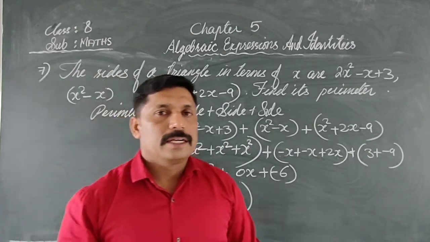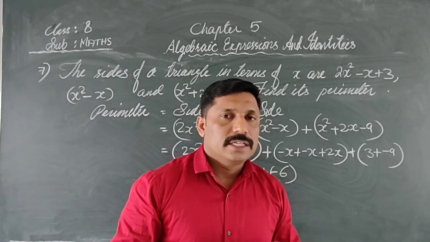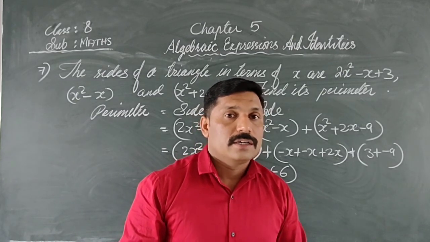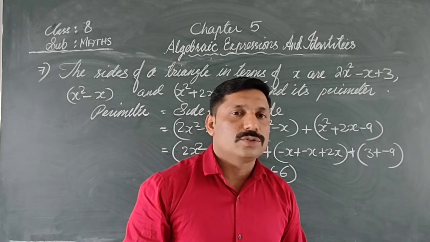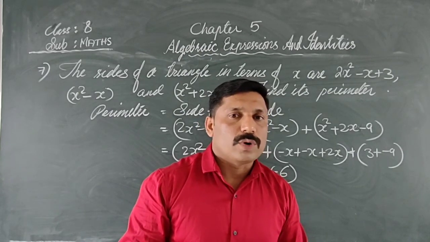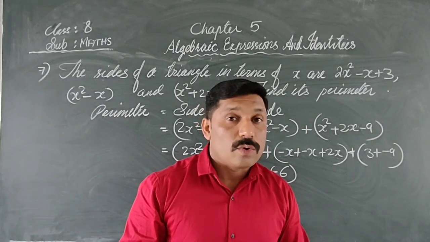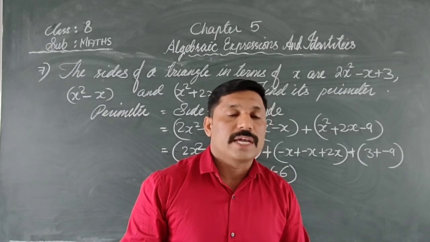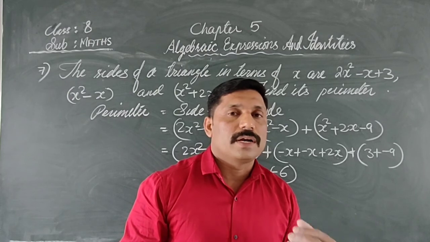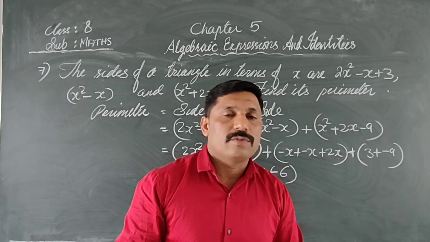So students, today we finished that first exercise, and in this beginning you have studied what is an algebraic expression and different words, terms relating to algebraic expressions, and then we studied how to add the numbers and how to subtract the numbers. For adding and subtracting, we can add only the like terms and we can subtract only the like terms, and subtraction rule means add the first number to the additive inverse of the second number. So these are the important points that we have discussed today.